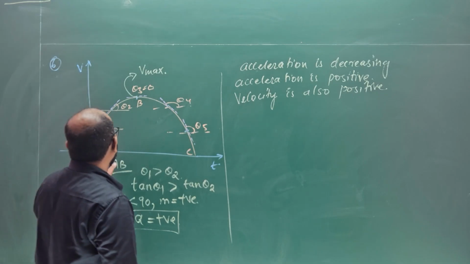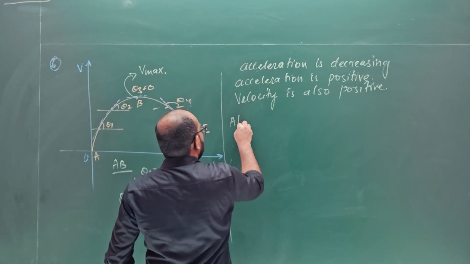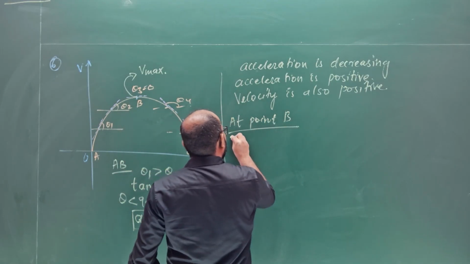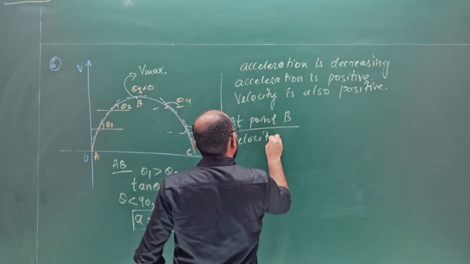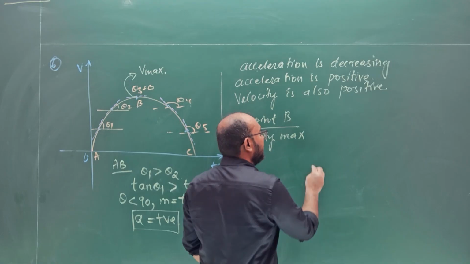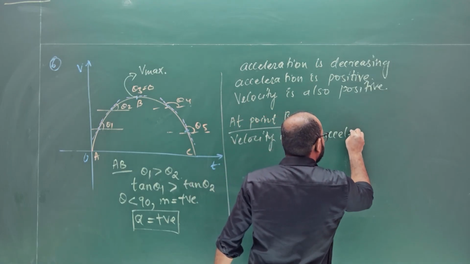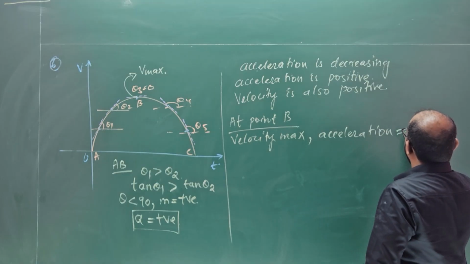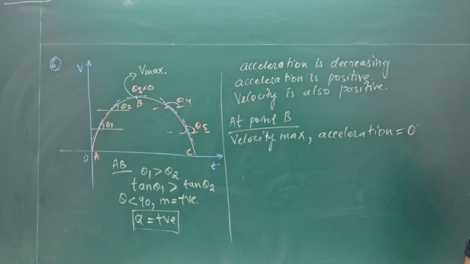No. At point B, velocity is maximum. What is acceleration? Acceleration is 0. Yes, very good. Acceleration is 0. So at point B, it is having maximum velocity but 0 acceleration. Got my point? Okay, the next thing,